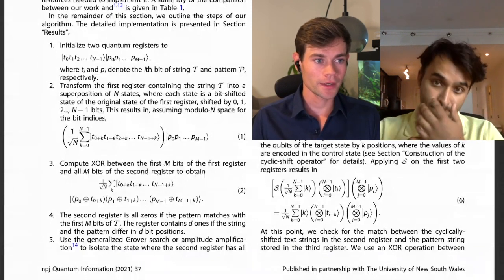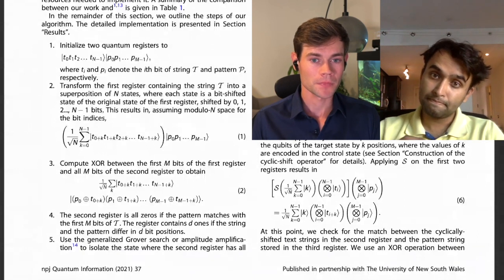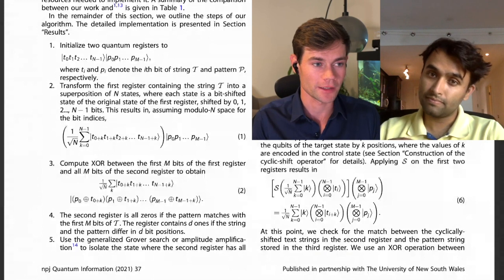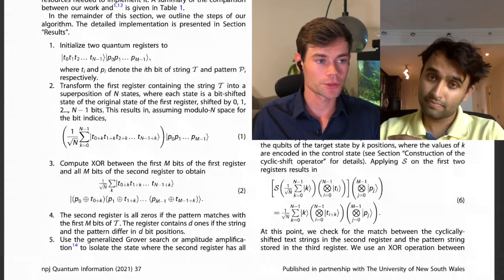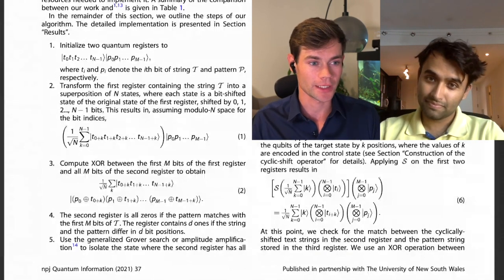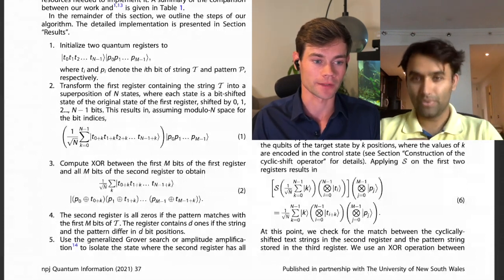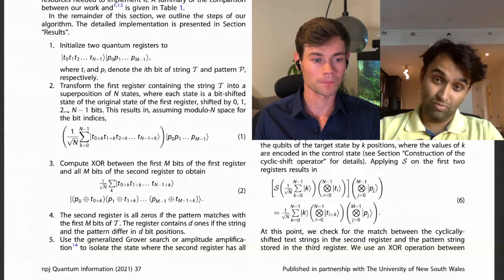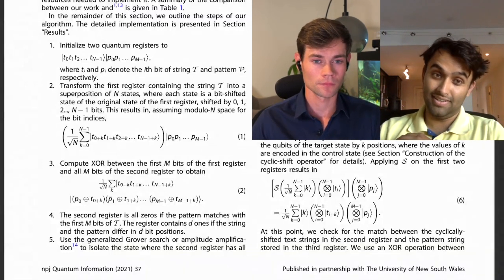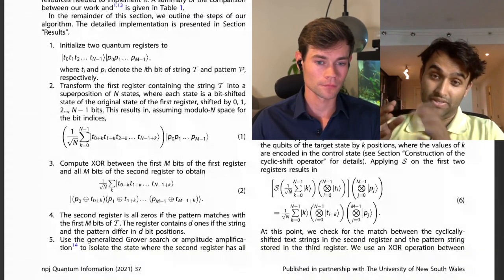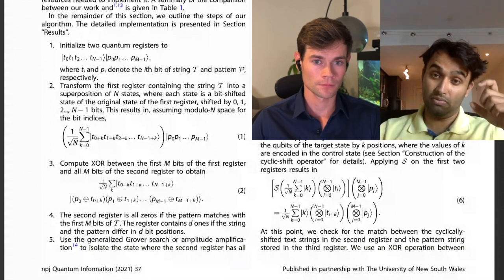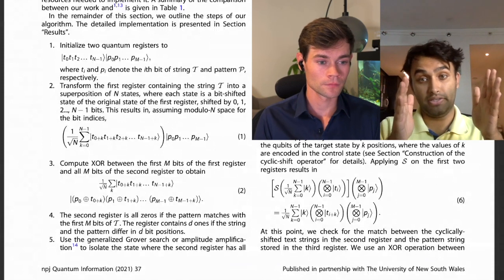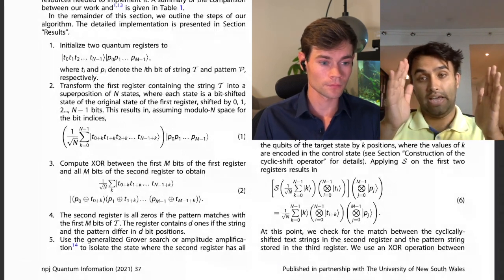Okay. And then additionally, you do this bit shift operation, which you have a specific quantum gate for, and we can get into that in a second. Would you mind describing what the rationale is for putting that in place on the string? So basically, we want to turn the matching problem into a nice search problem. And the way we do this is saying, okay, I have a string like this, and I have a pattern here.